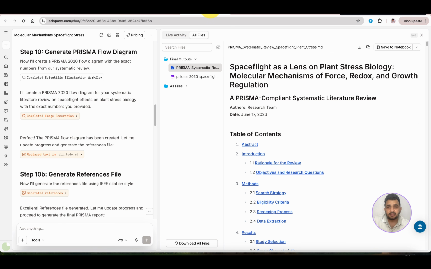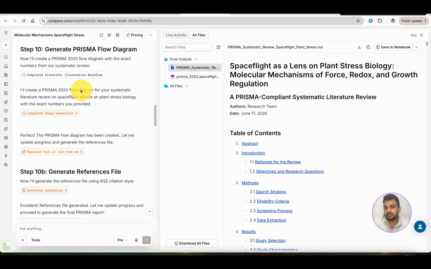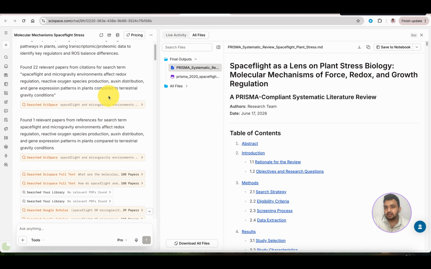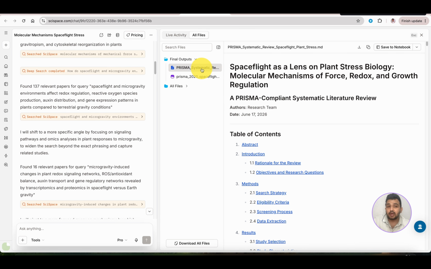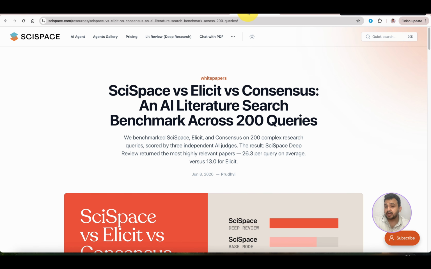So here is another research which I have already done. You can see I have already created a detailed systematic literature review according to the guidelines of PRISMA. Here you see it helped me to generate that. I think most of you already know about this feature. Here is one important thing, which is a benchmark study